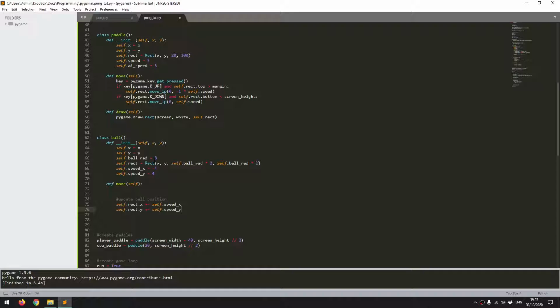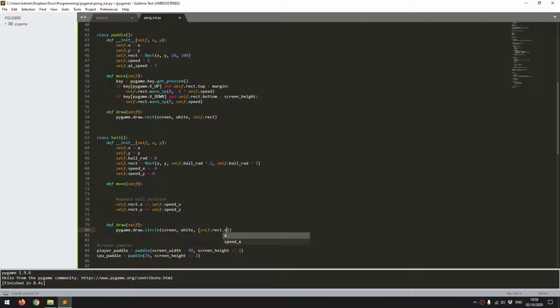Next, just as I did up here, I need to define a draw function so that I can actually display this ball onto the screen. So pygame.draw, but this time I want to draw it as a circle, which means it takes more or less the same arguments: screen, and then a color, and then I need to give it an x and a y and a radius. So the x and y is going to be taken from the rectangle's x and y, which I already have defined up here as it moves around,